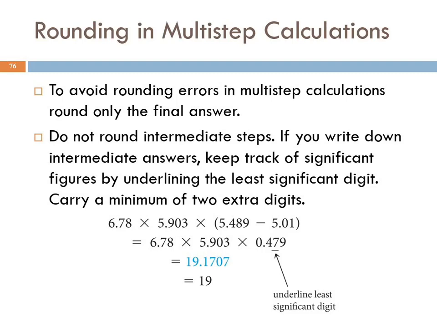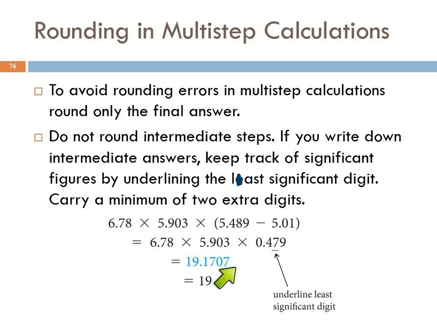If you write down intermediate answers, keep track of the sig figs by underlining the least significant digit. I think it's supposed to be last significant digit. Carry a minimum of 2 extra digits. You can carry 3 or 4 if you want. So in this calculation, do this on your calculator. It's going to show you